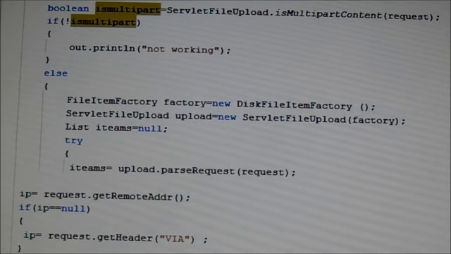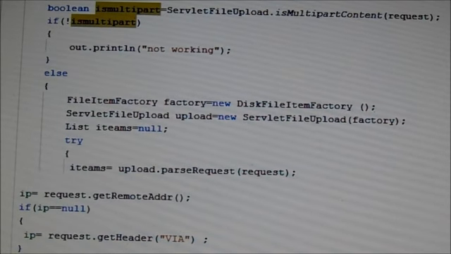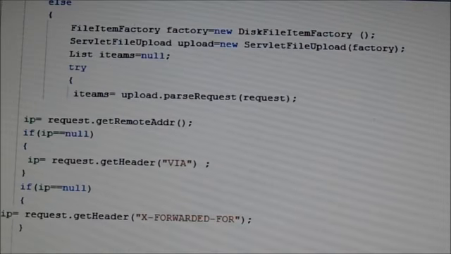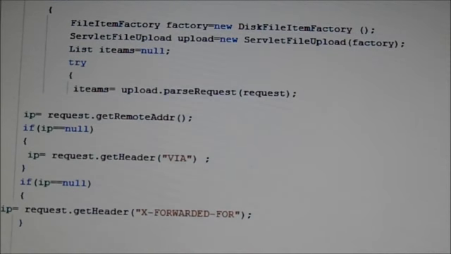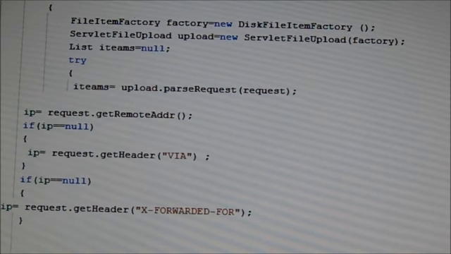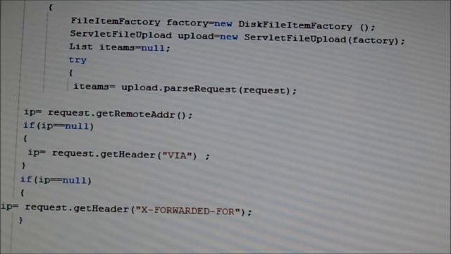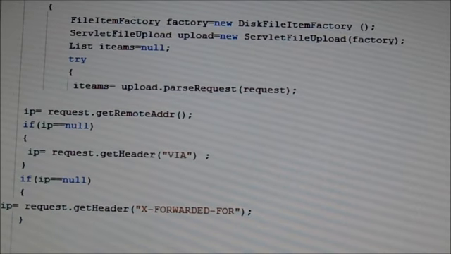List is a class which creates dynamic time memory for the file. And items.upload.request.get remote addr is a function which accesses your client IP address. Request.getAddr.via. If you are using a proxy server, then we cannot easily access the client IP address.